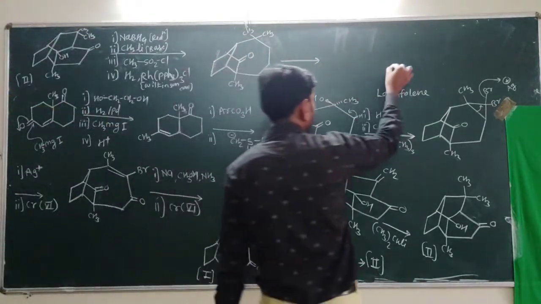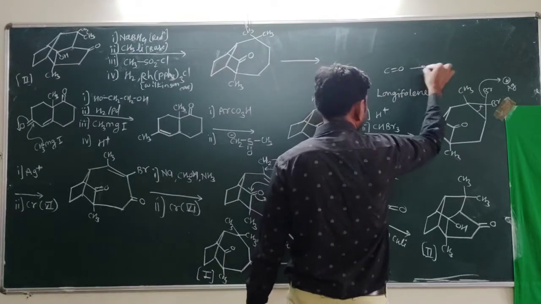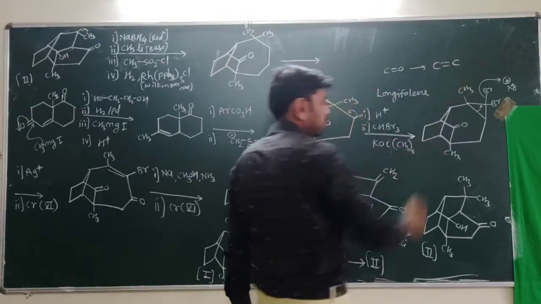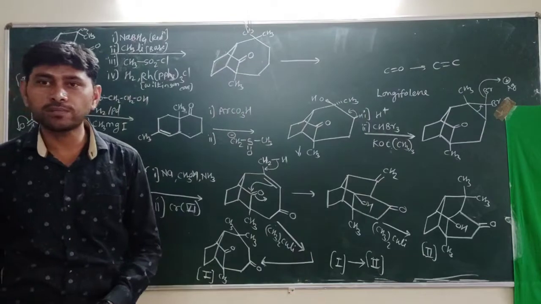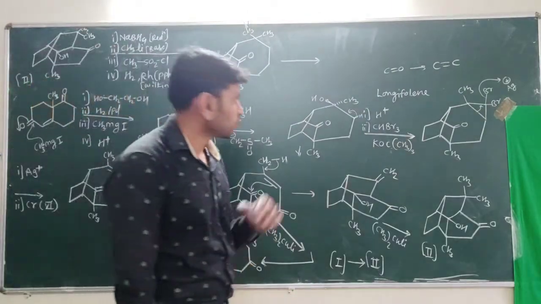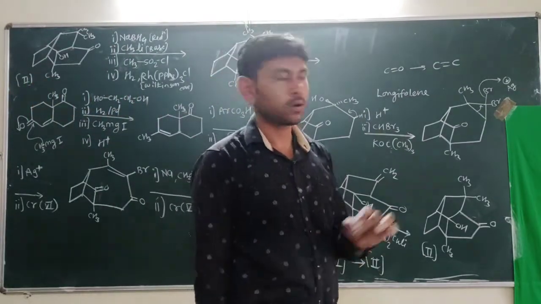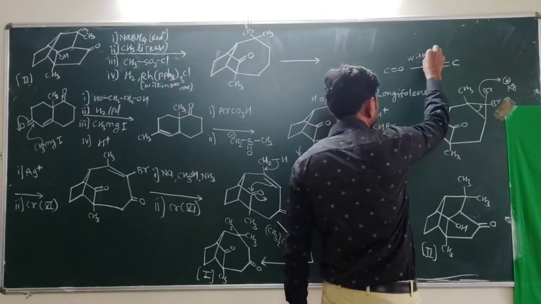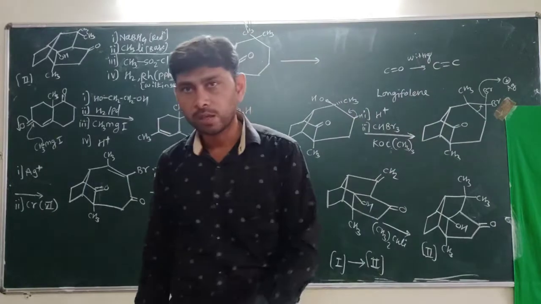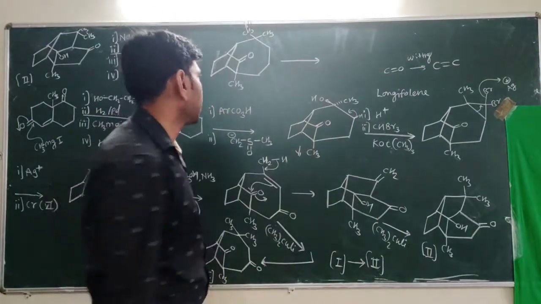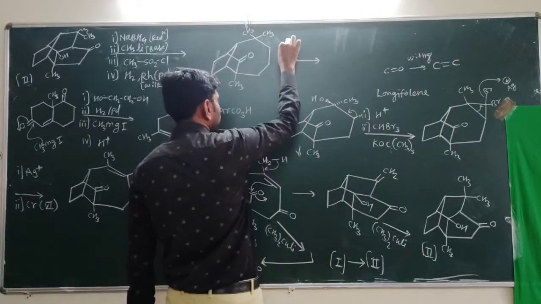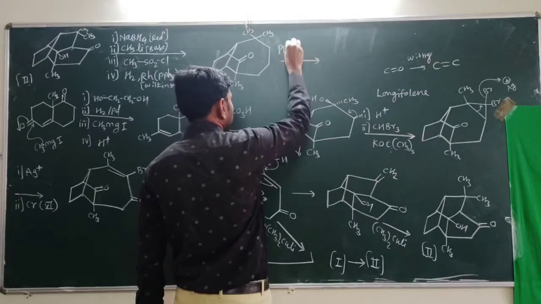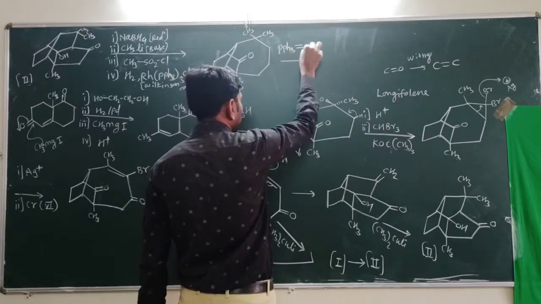So how can the C double bond O be removed? It can be converted into C double bond C. So which reagents are available? Our easily available reagent for this conversion is the Wittig reagent, a phosphorus halide. So we have to use here the phosphorus halide PPh3 double bond